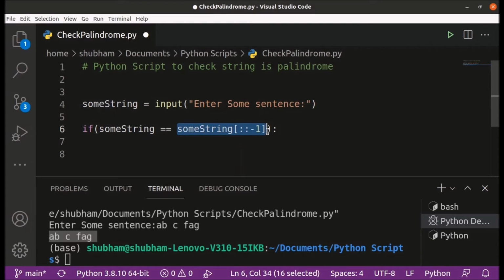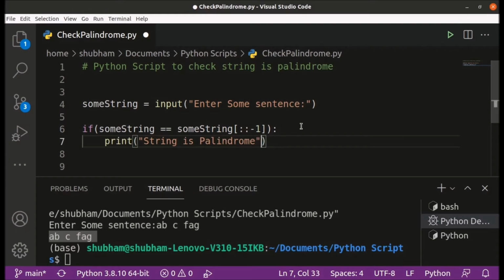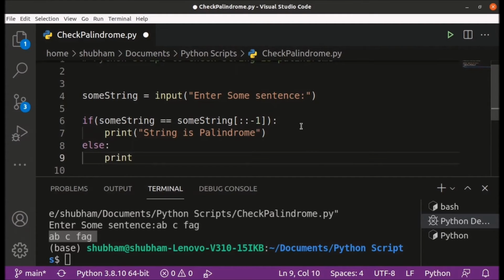It means from the end you will print the string and it will match both strings. So print, if they are equal, then string is palindrome, else print string is not palindrome.